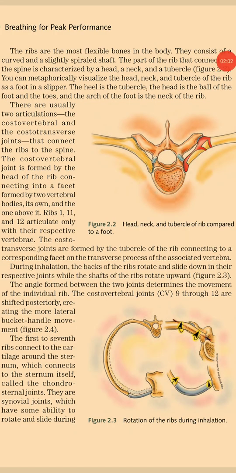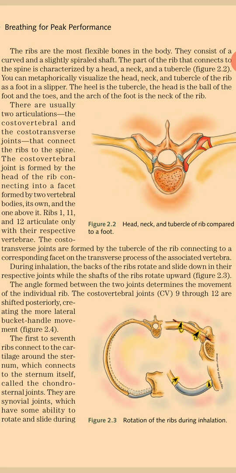There are usually two articulations, the costovertebral and the costotransverse joints, that connect the ribs to the spine. The costovertebral joint is formed by the head of the rib connecting into a facet formed by two vertebral bodies, its own and the one above it. Ribs 1, 11 and 12 articulate only with their respective vertebrae. The costotransverse joints are formed by the tubercle of the rib connecting to a corresponding facet on the transverse process